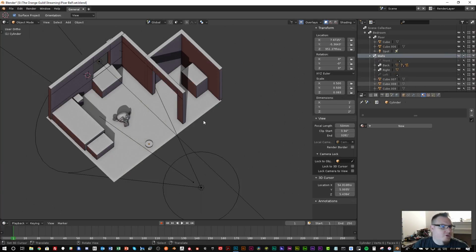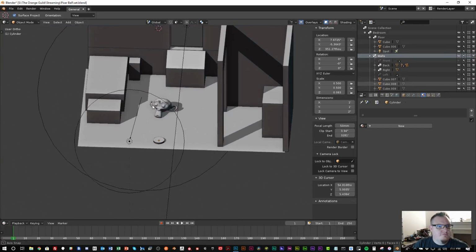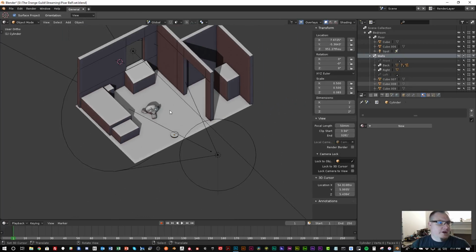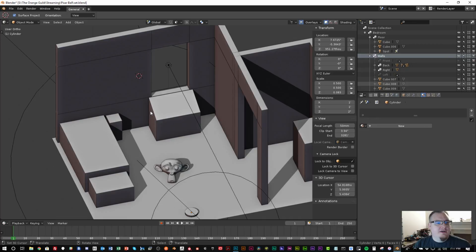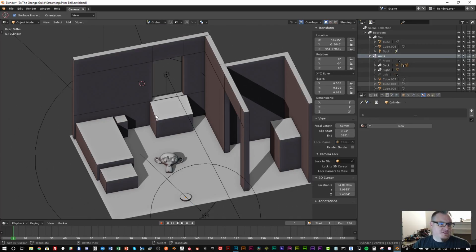Let's turn our front wall back off. Okay, so now we need to decide what else is important to block in at this point. Most of this is going to be for basic lighting, because I want to get a basic lighting pass finished, and then also